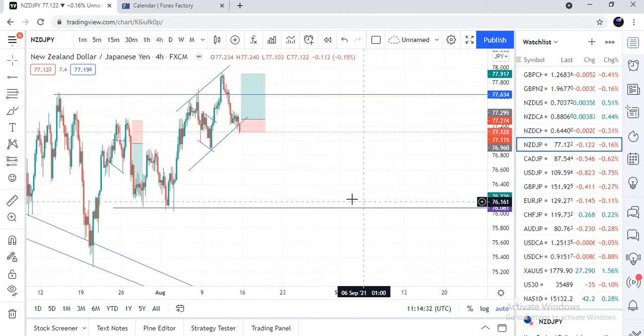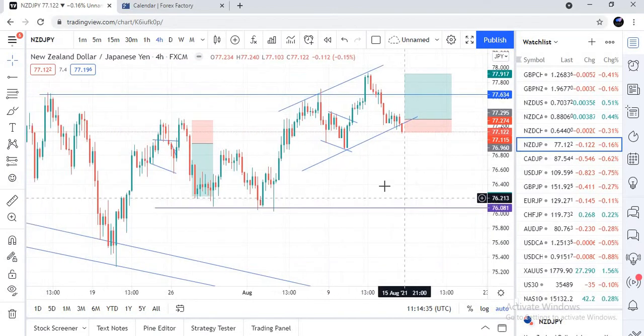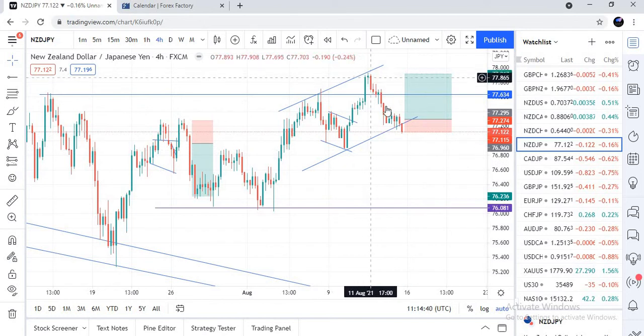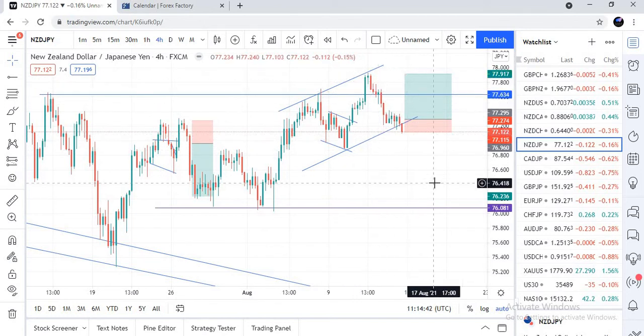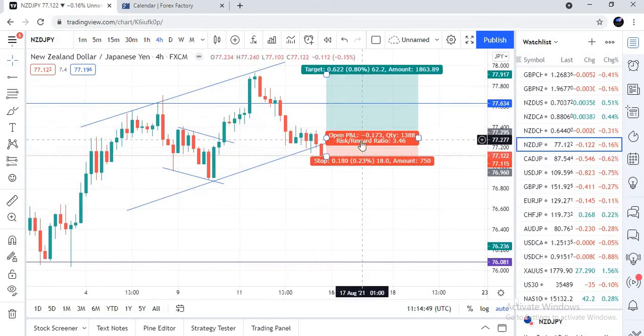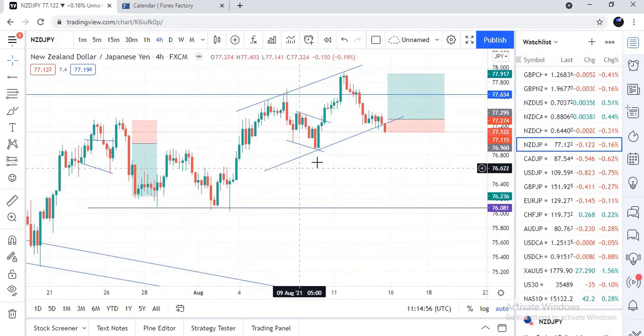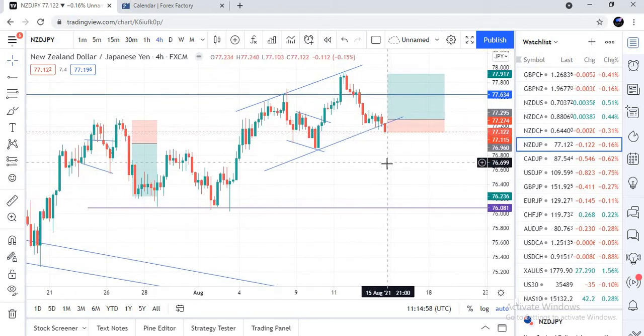So the next pair that we're going to be looking at is the NZD to the JPY, New Zealand dollar to the JPY. And like I said, most JPY pairs move in the same way. As you can see, USDJPY is selling. This is also selling. So we used trend channels to predict this, but we didn't place a trade on this, and we didn't send a signal on this because we didn't see the confirmation. So this was a broken trend line.